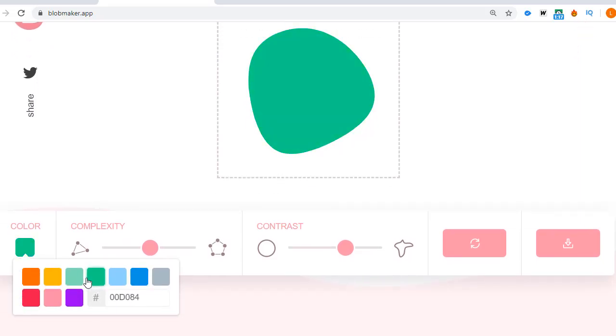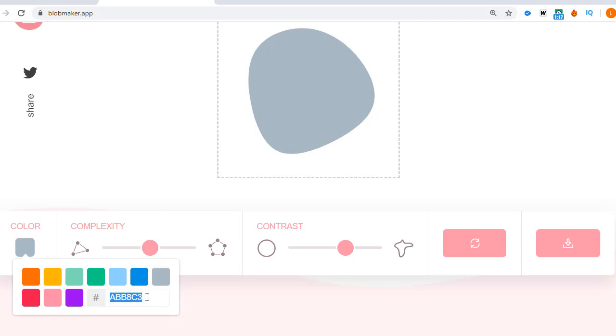You may want to create something that is suitable for your page, so you can choose any color you like. I advise you to create something different from mine so that you have a feel that you created something of your own. And you can also put code here, the color code here.